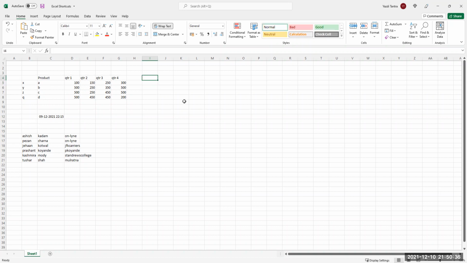Then only Alt Enter will work. But this is very useful because sometimes you want to cram something within the same column, and it becomes difficult to put spaces, how many spaces to put. Just say Alt Enter and that's it.